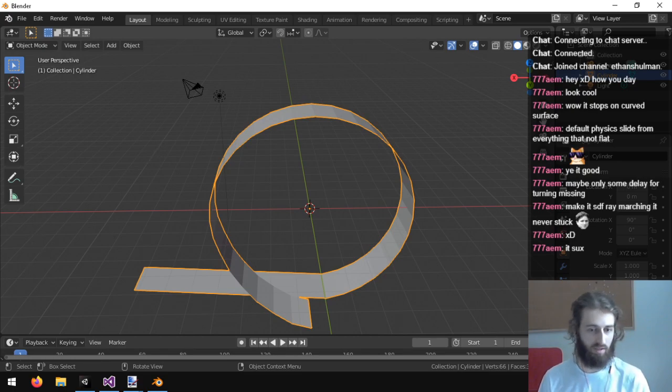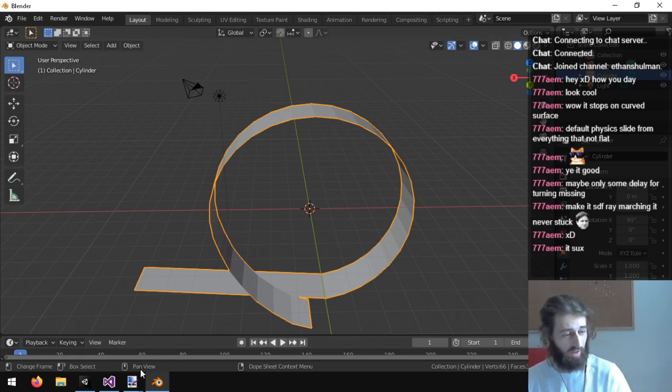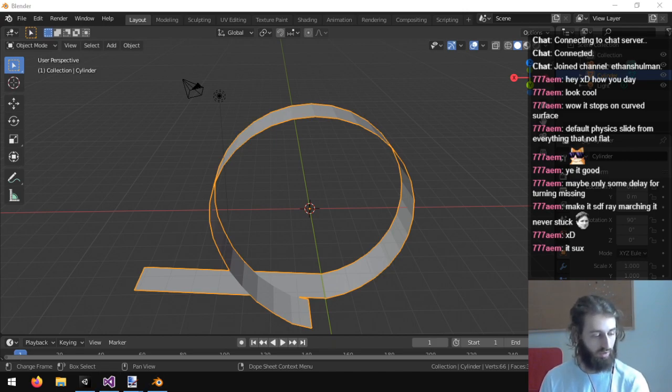How do I make the faces double-sided? So that's the issue, this is not a double-sided mesh. So I guess I need to add double-sided manually to the shader.